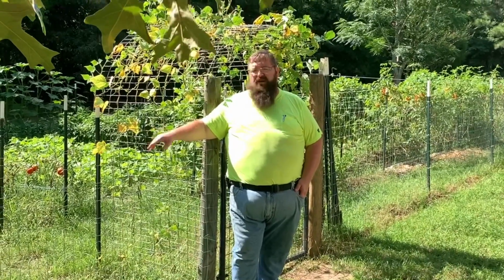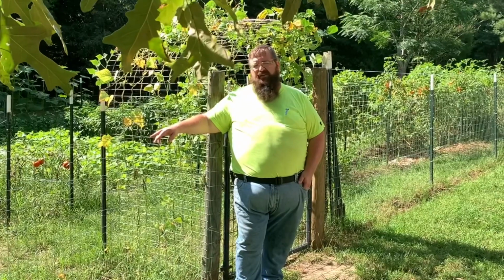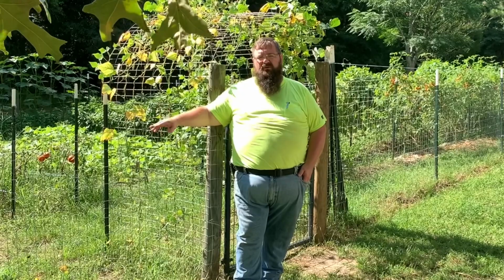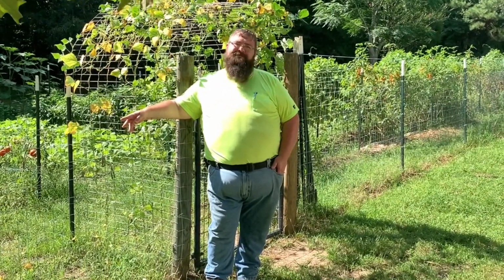But if you're like me, at the time I put up this fence, money was a little tight, and well, you only had so much to put up towards certain projects. So welded wire worked for me this year. However, hopefully one of these days I'll be putting up a better fence for this area. But just not right now. All right, so let's walk inside and we're going to talk about my maters, or tomatoes,